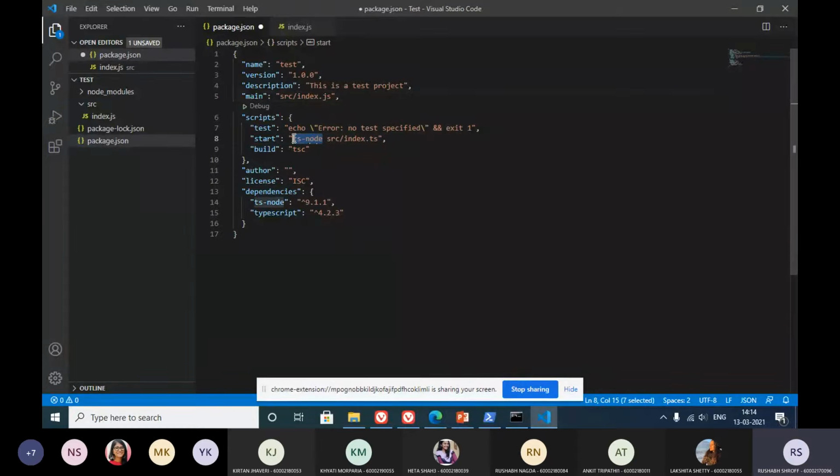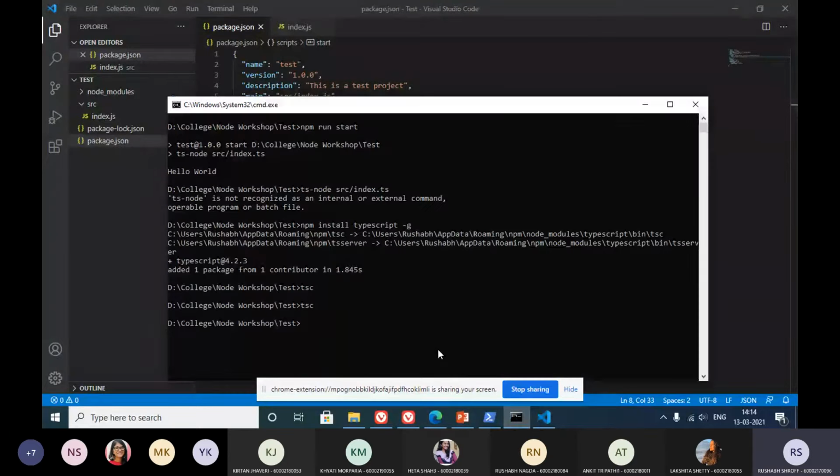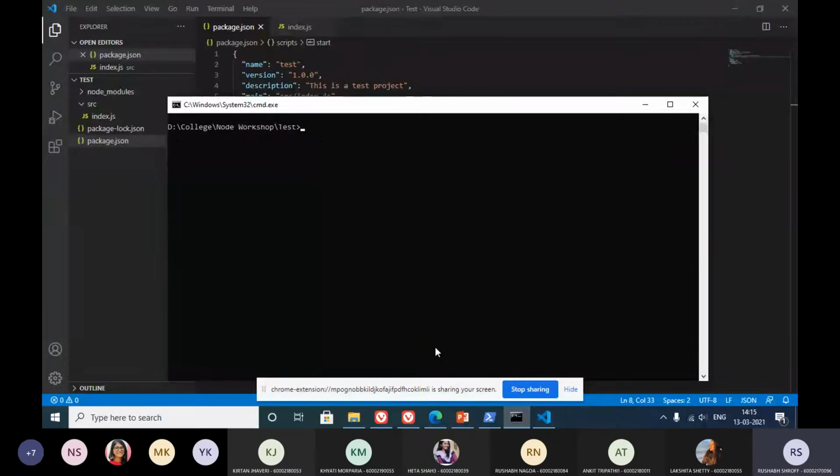To start, we'll type in node src/index.js, which is going to run a JavaScript file over here, which will then import the required files in here, and we don't require this command anymore. So now we'll go ahead and install Express.js. To install it, we'll simply run npm install express.